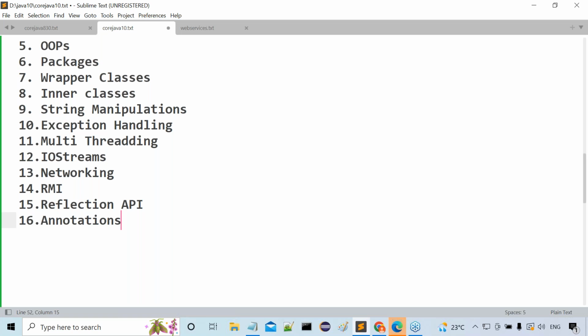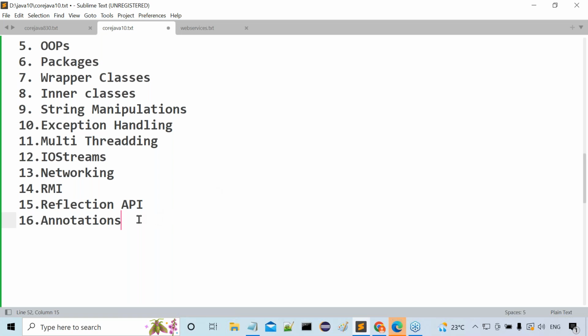Best example: if you come to my advanced Java class, I will directly say this annotation is for this particular purpose, and I will not give clarity on what annotation is or where annotations are coming from. But if you want to know how annotations come, from where they come, and what the internal flow of annotations is, we have to go for core Java only. Are you getting my point or not?